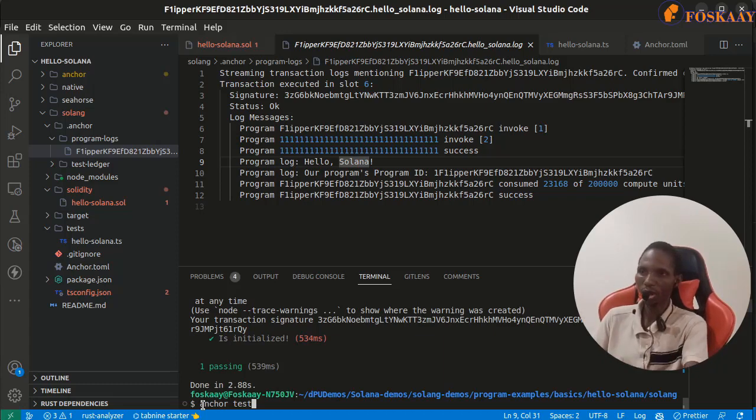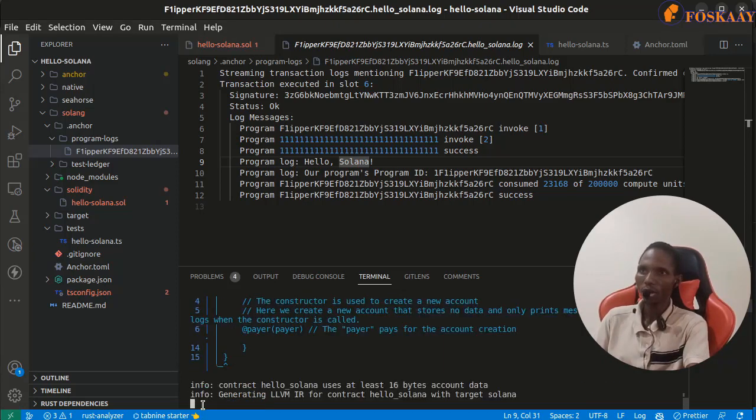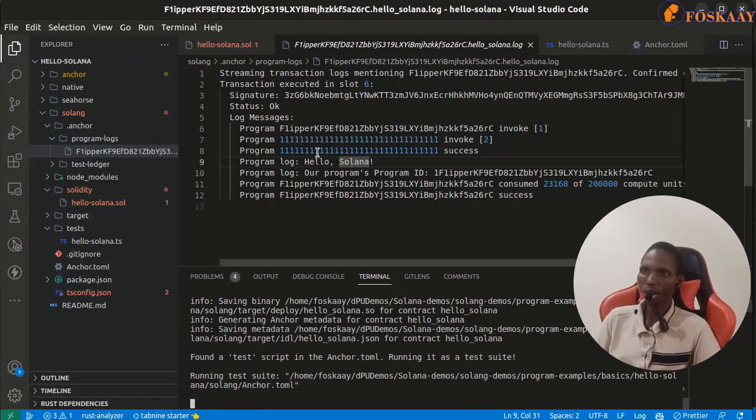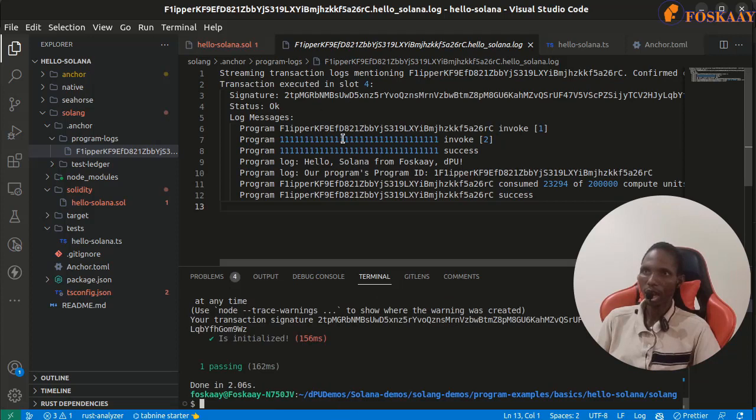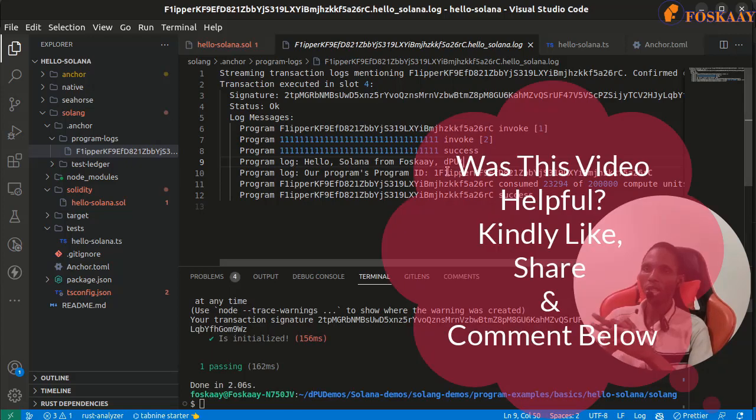So let's go. Begin to watch this log area. You see if this gets successful. Do you see that it's clearing and it's showing boom, done? And then you see here the log Hello-Solana from Fosky DPU. Do you see it now that this is actually live? This is what was deployed successfully. So that's it for this walkthrough